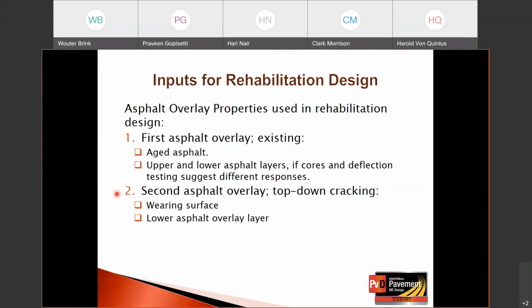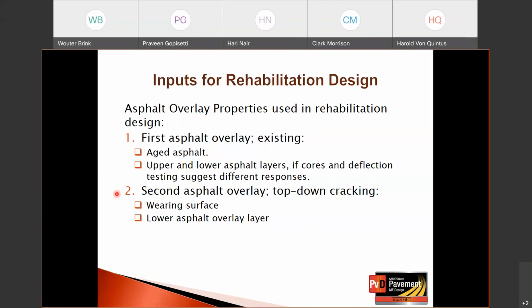Through Pavement ME, and I didn't note this on this slide, but for the asphalt overlay, especially of fractured slabs or intact Portland cement concrete slabs, the Pavement ME software limits the user to 3 different asphalt layers